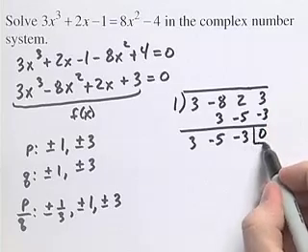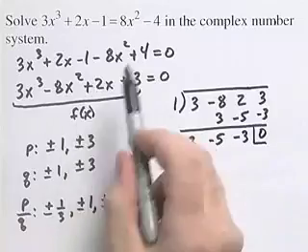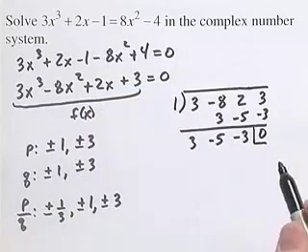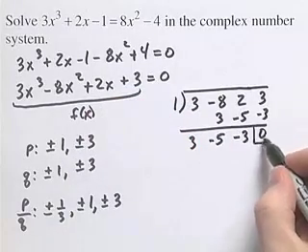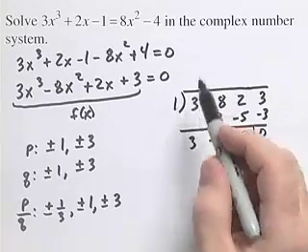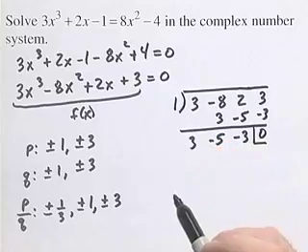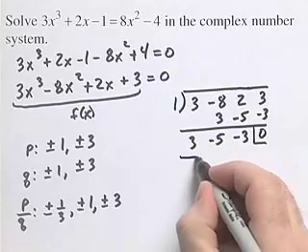Now the remainder is 0, which tells us that 1 is a 0 of f of x, which means it's a solution to this equation. Remember that with synthetic division, if the remainder is not 0, then this is not a 0 of the function, which would mean it would not be a solution to our equation. So we have one of the solutions. This is a reduced polynomial,